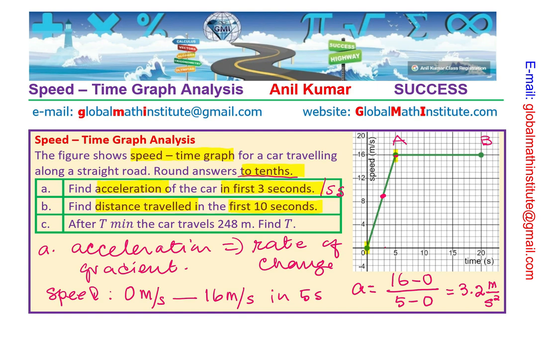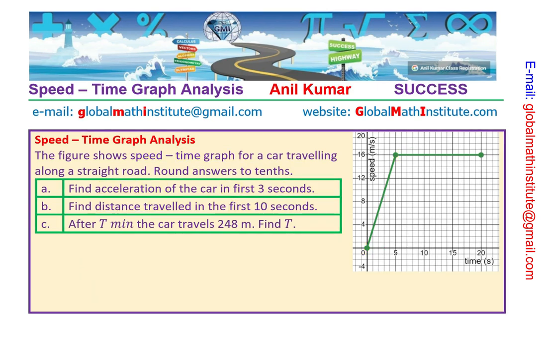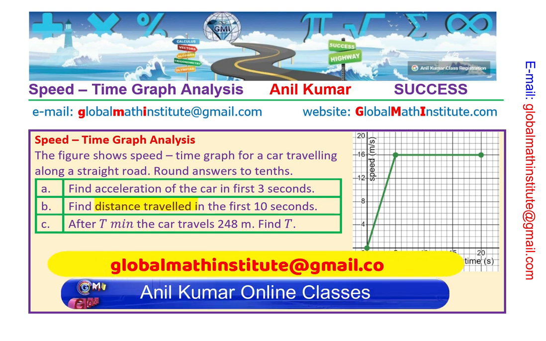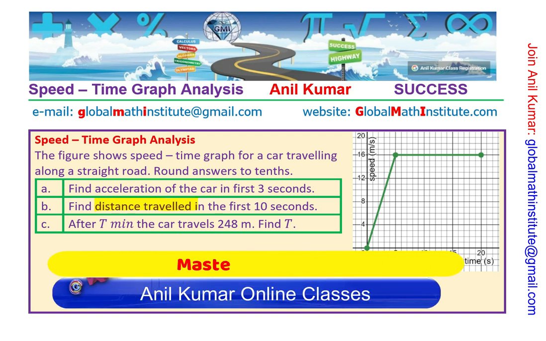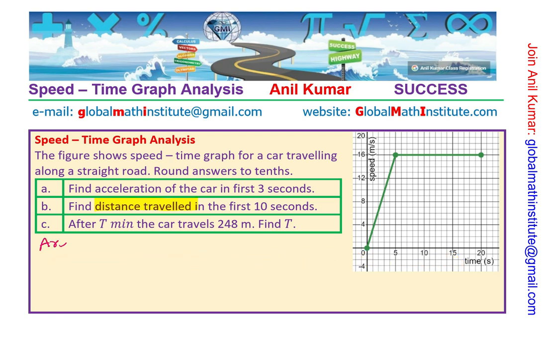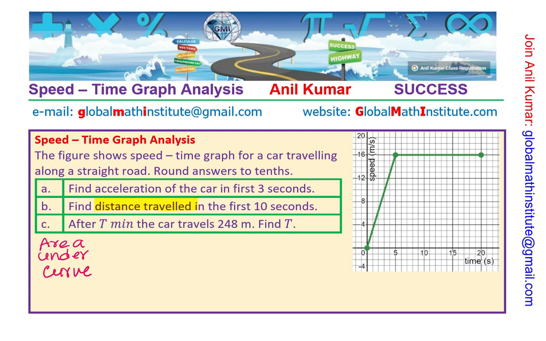Now let's move on to part B, where we are trying to find the distance traveled. Now, when you look at the graph, what is the distance traveled from speed time graph? So, distance traveled is basically area under the curve, right? That is the distance traveled. So, when you want distance traveled in 10 seconds, then the 10 seconds is right there, right? So, we want to find the area under this curve